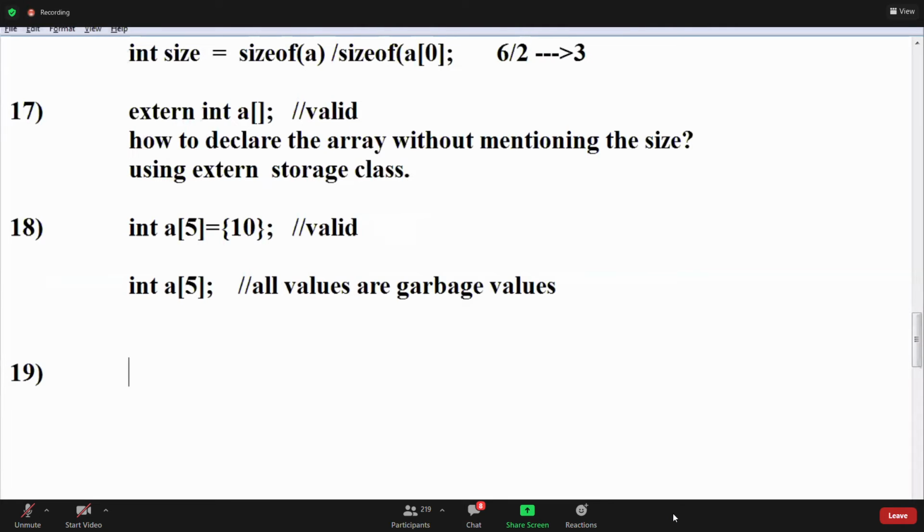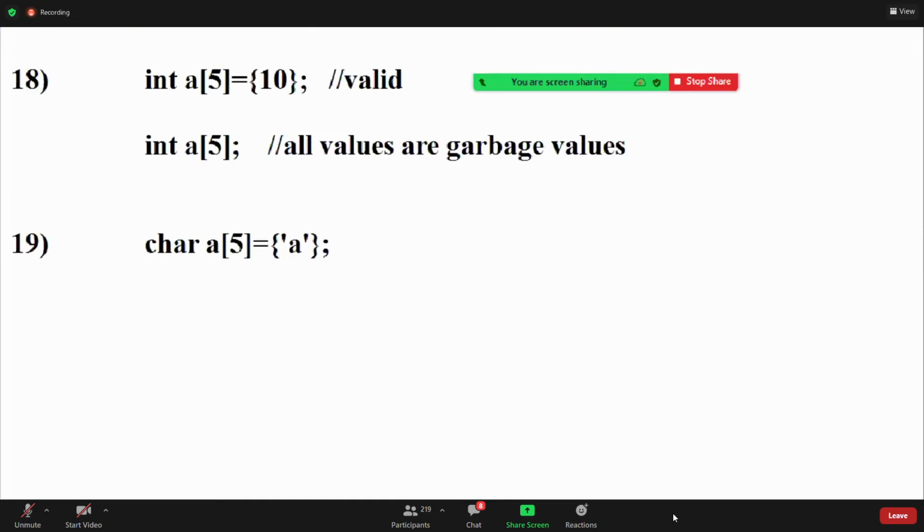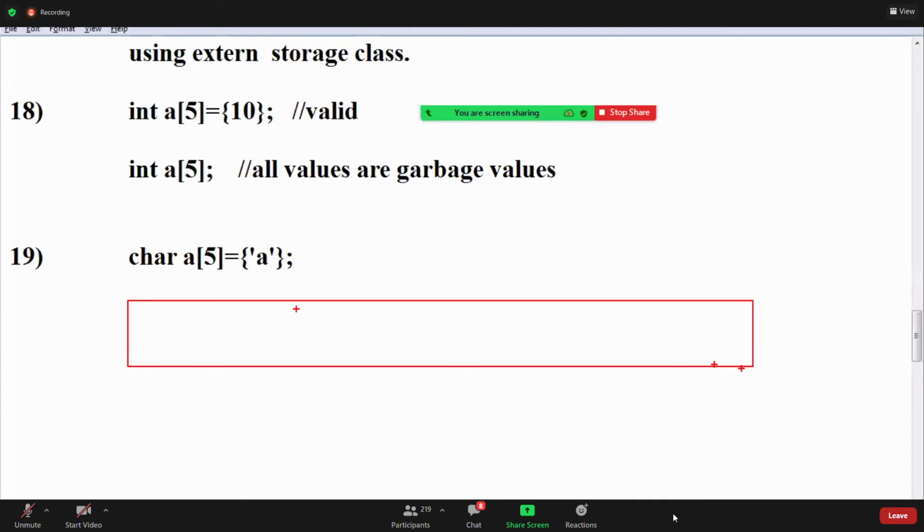What about character? Now, can I take char a[5]? What are the rest of the elements? I initialize the first element as 'A'. Yeah, guys, for this also, a diagram. char a[5] = {'A'}. First element is A. This is A, guys. What are the rest of the elements? Rest of the elements, guys, are \0. This is \0, this is \0, this is \0. Remaining elements, all elements are \0s.